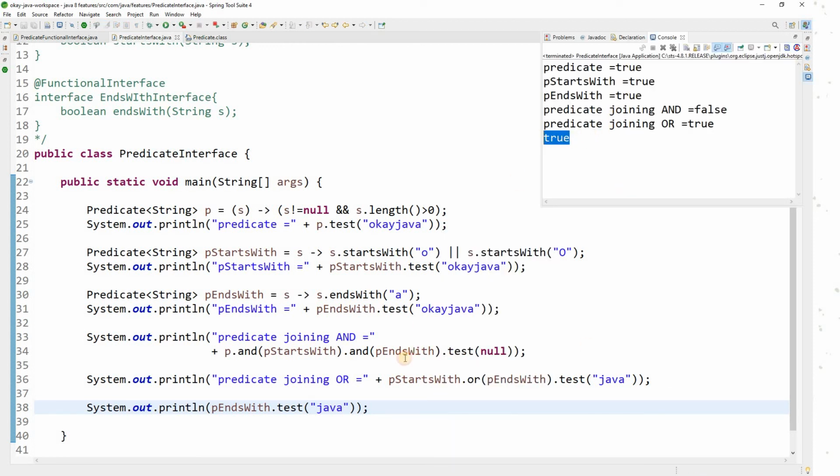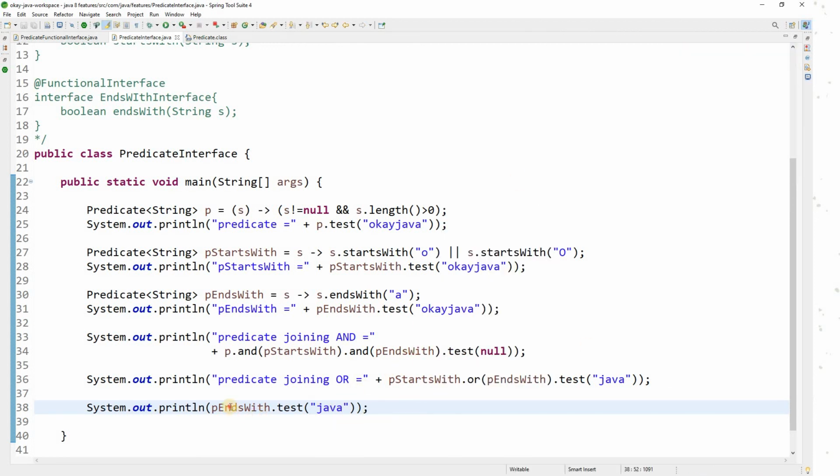So the last result of this particular thing is true. Why? Because I'm checking a true condition, but my condition is that, can you please check whether that particular string ends with A, I want to reverse the result. I just want to make sure that my string does not end with A. So what you can do is either you go and change your implementation, right? You go and create another predicate just to make sure that your string does not end with A, or what